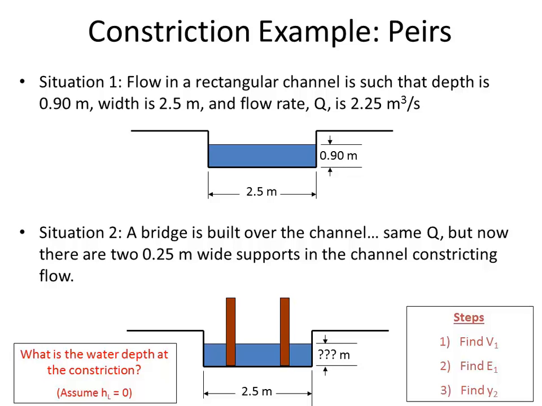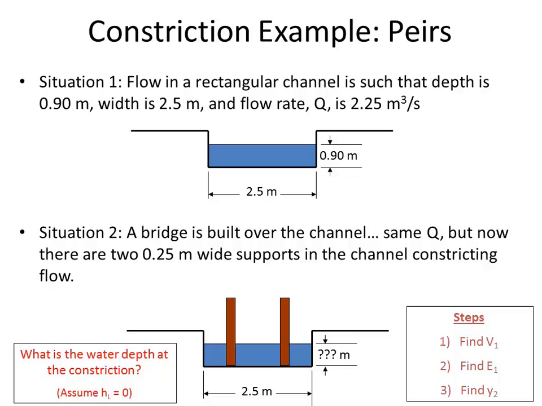All right. So that is y2, the unknown depth, plus 2.25 cubic meters per second squared, over 2 times 9.81 meters per second squared, and then the depth is going to be